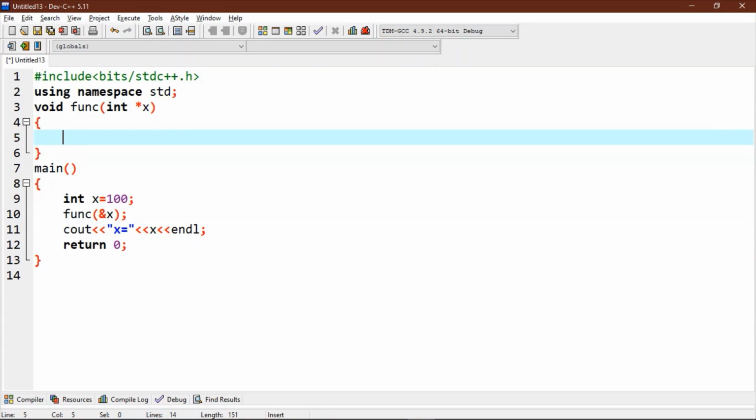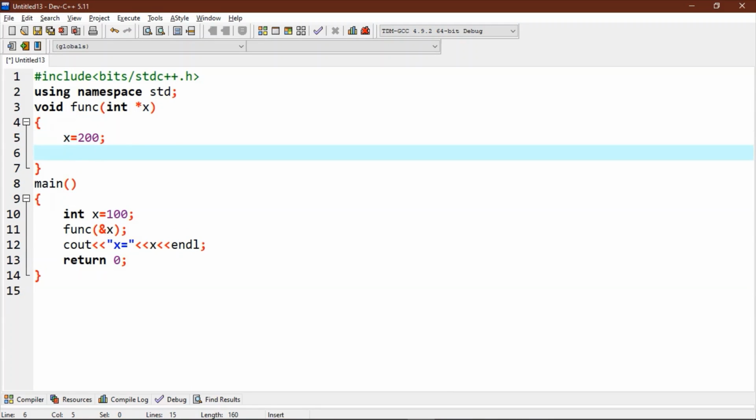In this, we will first set x equals to 200. Then we will write a print statement to print this value of x.